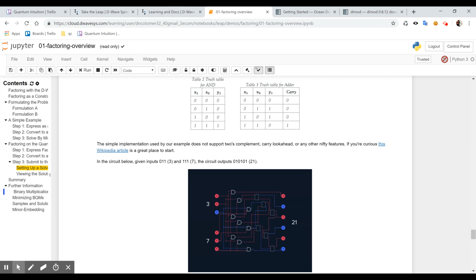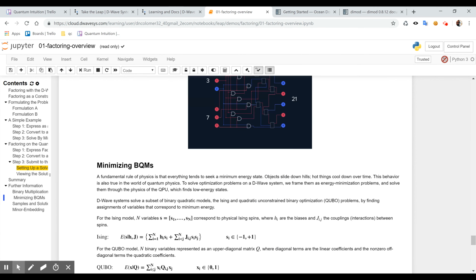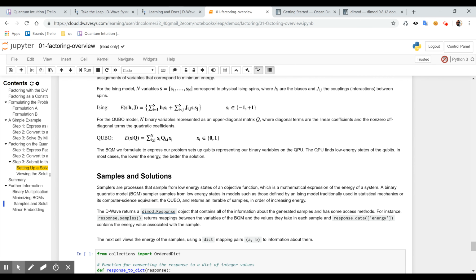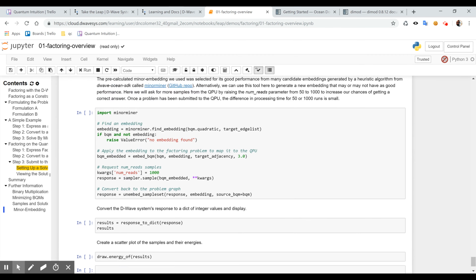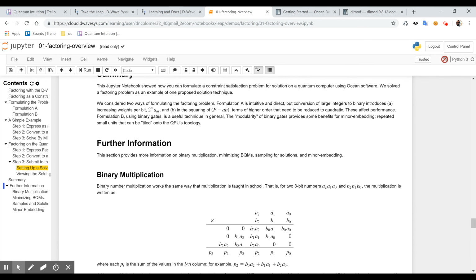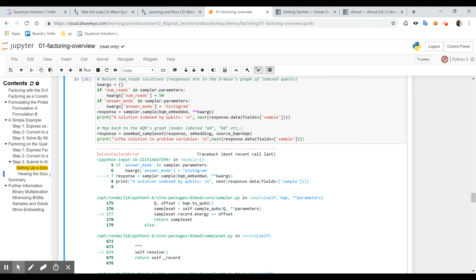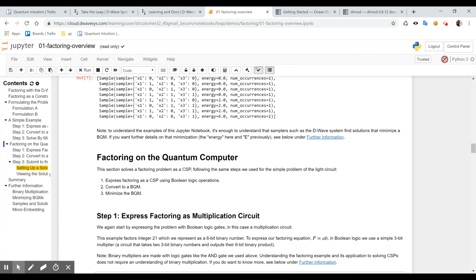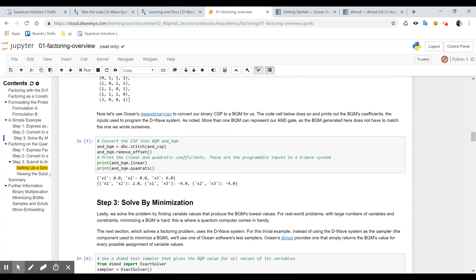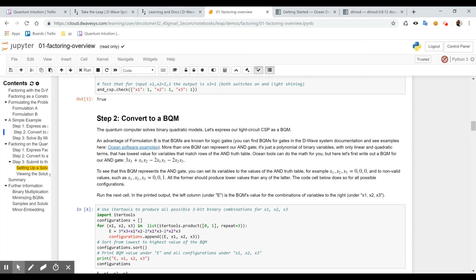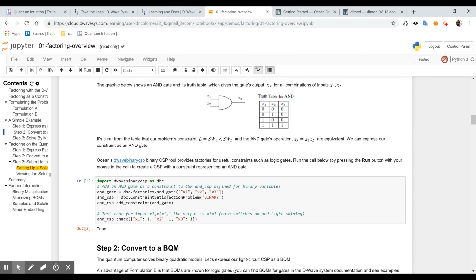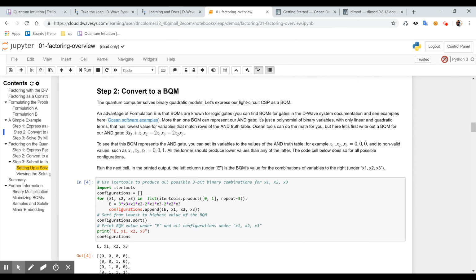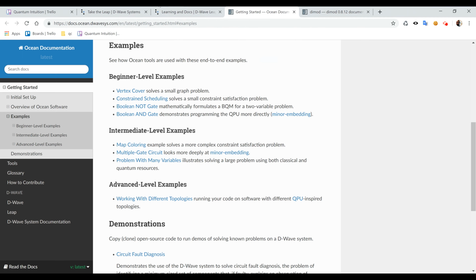It's just binary multiplication. So this is more the math behind that, and then samples and solutions, minor embedding. Not interesting. But still, it's not clear how does the quantum computer do that. They say using quantum phenomena like superposition and tunneling, right? But it still leaves